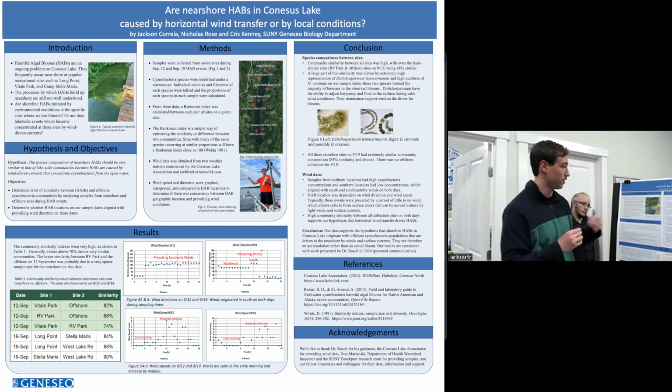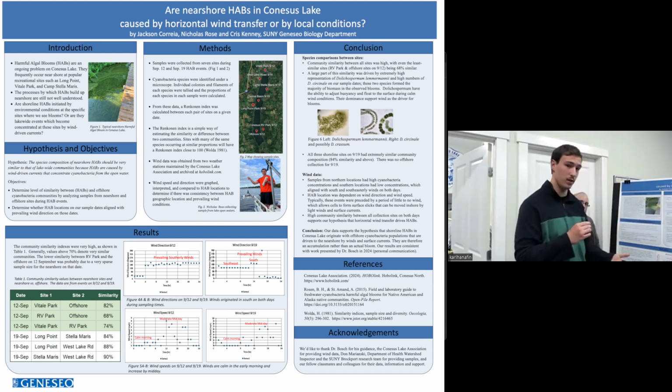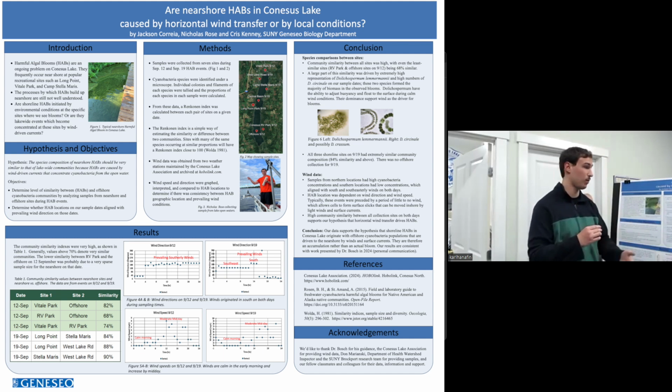And this is what explains the fact that the southern location was very sparse, but it also shared a similar composition to the northern location, which was very dense. So what we concluded is that the southern originating winds pushed the cyanobacteria from the south northward, creating the blooms in the north.